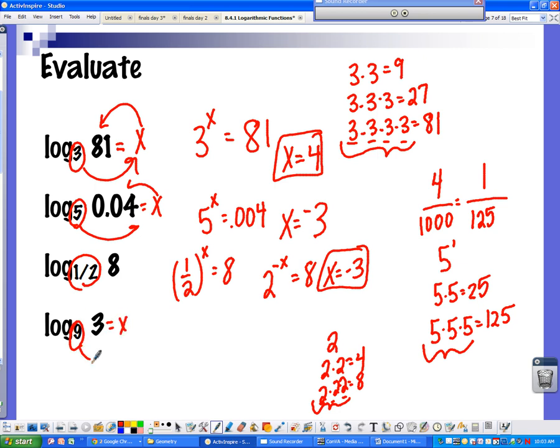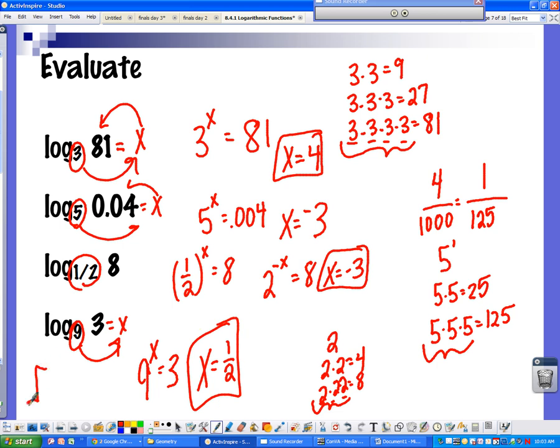Okay. Now this one, these get a little tricky because we're actually asking 9 to what power will give me 3. Okay. And I find out that, well, there isn't really anything because 9 to the first power is 9. 9 squared is going to be 81. So it's really none of those. So you got to actually think, okay, well, then you got to start looking at fractions. And when you're going from a big number to a small number, you say, well, wait a minute, the square root of 9 is 3. So anytime you take the square root, it's going to be a half. Remember, the square root of a number